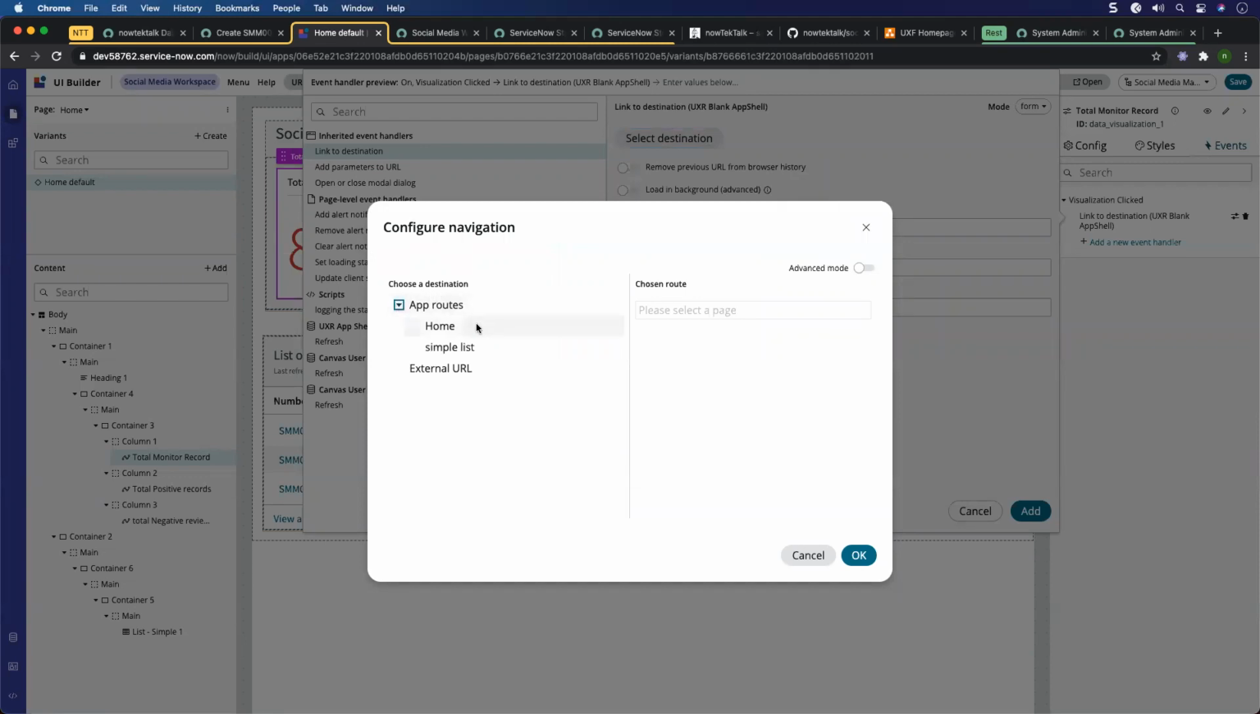Okay, once I select the page simple list, you see that all the required parameter shows up, query shows up, list shows up. I could just go and hardcode the social media monitor table value here because this is a social media workspace and I'm expecting only one kind of a table to be passed into simple list. If there are multiple tables, how would you handle that? So for that, we need to do this like